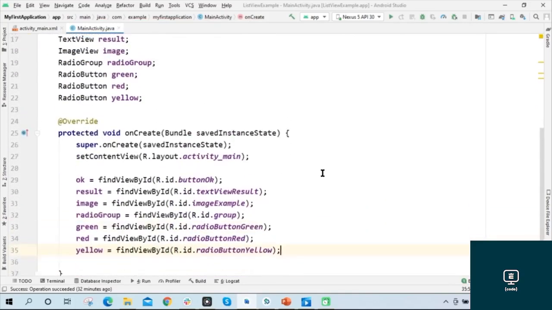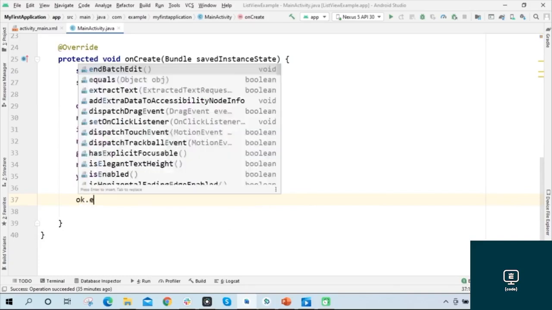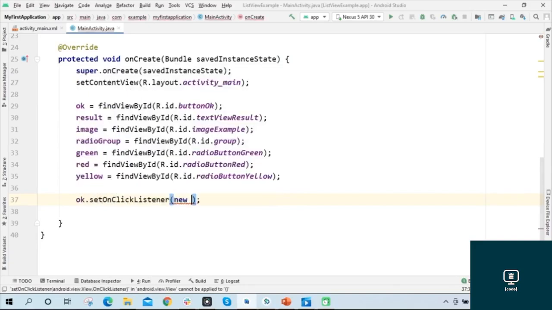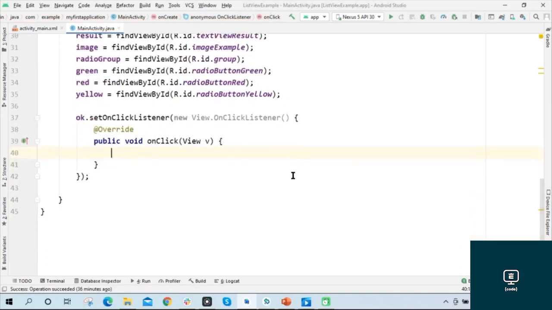Okay, so what do we want to do after that? When the user chooses a color and clicks OK, the color of the layout will change, right? Now to do this, I will add a click listener to the OK button. So we've already defined the OK button here. So I will write here ok.setOnClickListener, new View.OnClickListener. And then inside the onClick method, I will write my conditions. If green.isChecked,